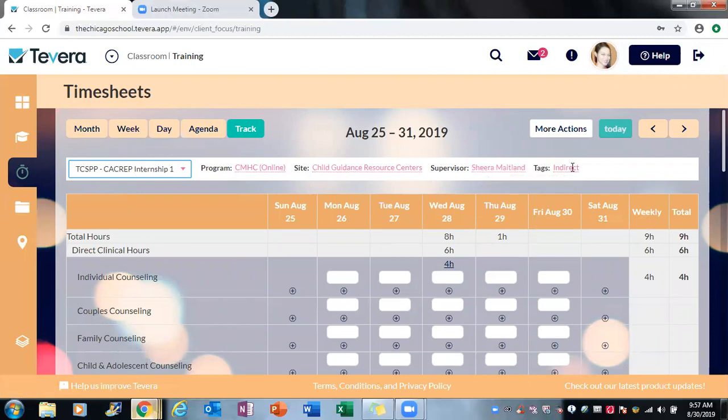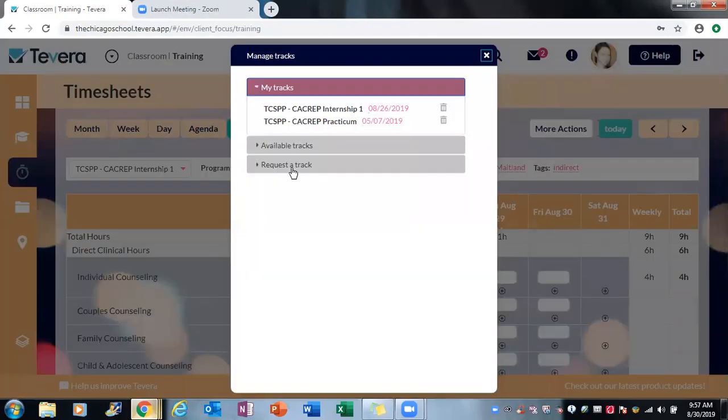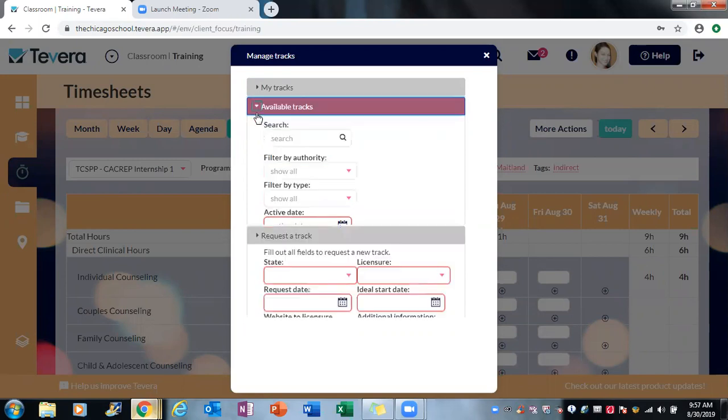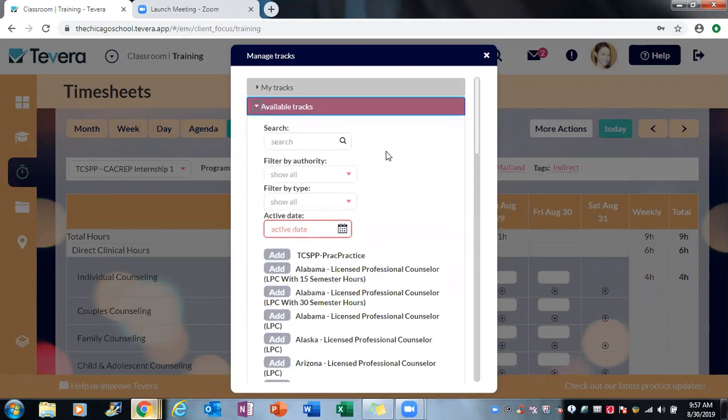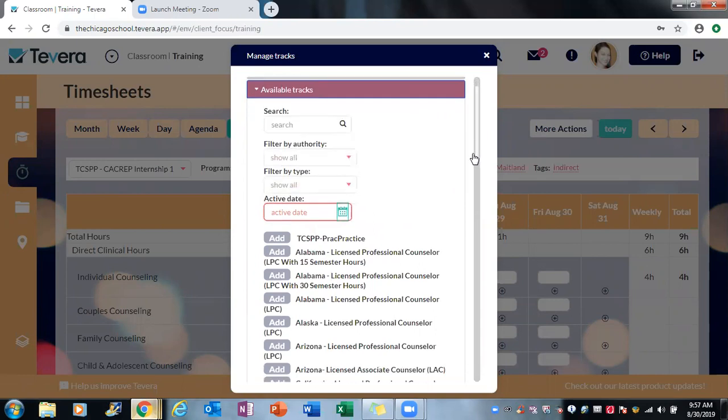So how do you add that track if it's not there? More actions, manage tracks. Request a track. So mine's here, but if you needed to, oh, I'm sorry, I pressed the wrong button. Confusing everyone. Okay, so available tracks. Put in the date right here that you started. So this term started on the 26th. And then you would go down to